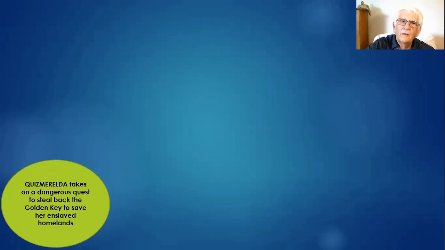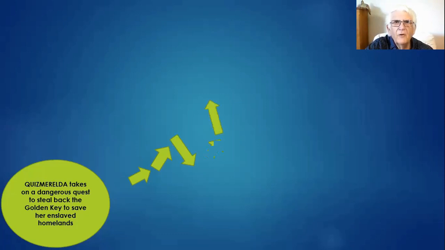So let's follow Quizmerelda's journey. She sets out, and as you know, in any good plot, there'll be perhaps some lighter moments where she gets some help or discovers a clue to help her on her way. And in every good plot, that's usually followed by a downward trend. Now, this will be some sort of a setback or a problem that she has to overcome. A bit later in the plot, it might even be a minor disaster. But for the moment,